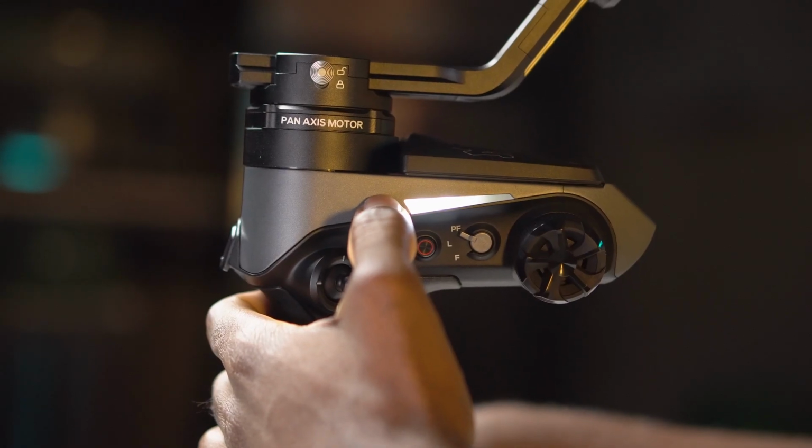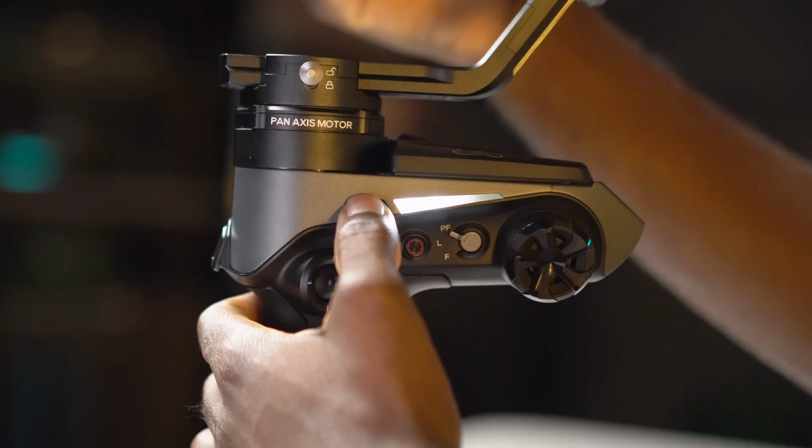The power button is super flat. For some reason, it makes it super hard to know when you've touched the power button. I feel like it's super easy when you're turning the gimbal on, but if you're turning the gimbal to sleep, you might not know if you've pressed it enough, so you always have to go back and double check to see